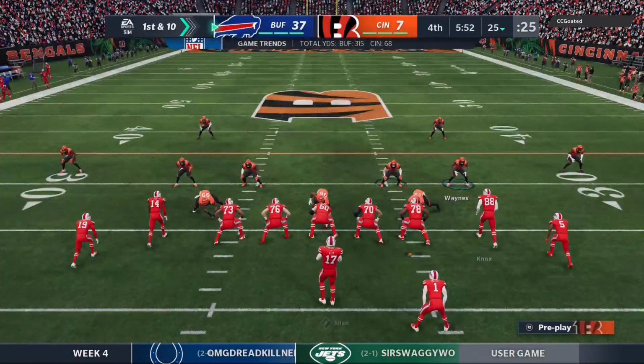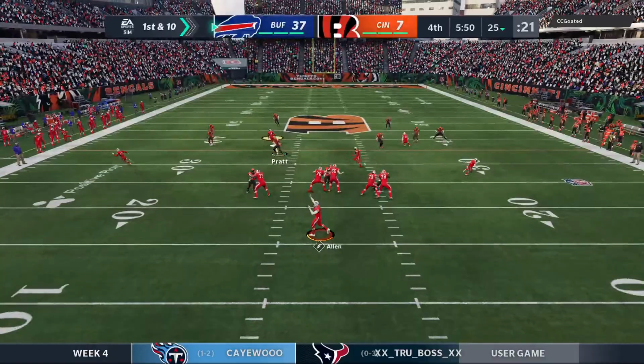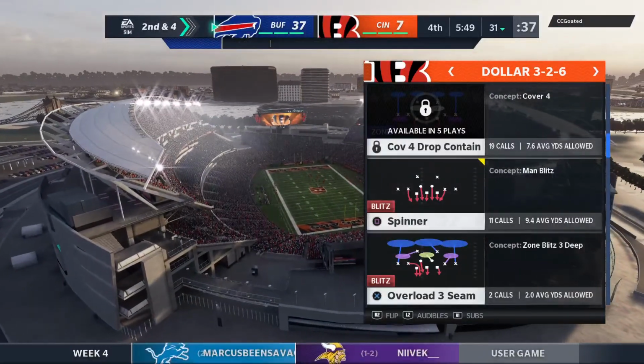The Bills come to the line to start their next drive, and this game comfortably in hand. The scoreboard speaks for itself, but you still got your starting quarterback out there. When do you go to the backup, let him get some time? And that's one of the great questions in the NFL, Brandon, because I'm just going to tell you, in the